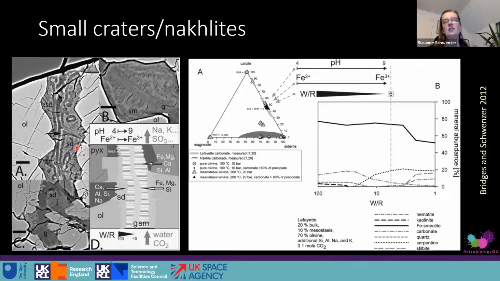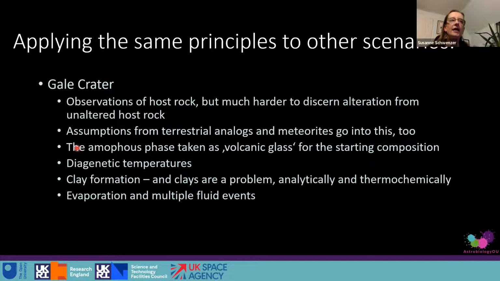So you have a redox change and a pH change. If we now go to Gale Crater and apply all that we have learned to the observations that are possible there, because we've got a lot of really valuable information from CheMin, from SAM, from the multispectral, we've got the chemistry from APXS and ChemCam. So we've got a ton of information, but we don't have the microscopic detail of the alteration assemblage that I talked about right now. And so we need to make some assumptions from analogs and the meteorites, and we take